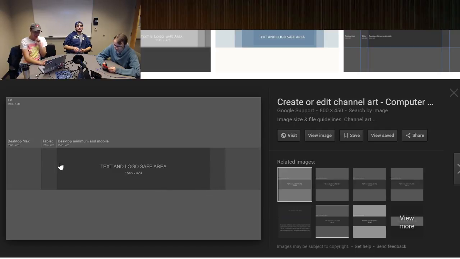Okay, so yeah, it definitely will close in, probably just on your logo. It's very, very tricky, I have to say, to actually make a channel logo that is optimized for both mobile and computer, because you want to get everything that's super important in this area, but then you don't want to have just a bunch of blank space over here when it shows up on a computer. Because there's a lot of people watching on mobile, but there's also a lot of people watching on computer, and more increasingly every day actually on TV. So that TV is hard to optimize for, because just look at those dimensions.